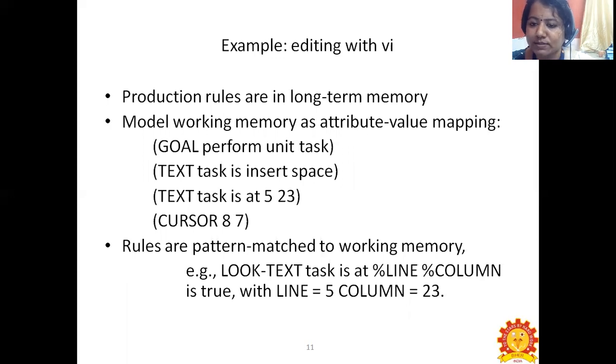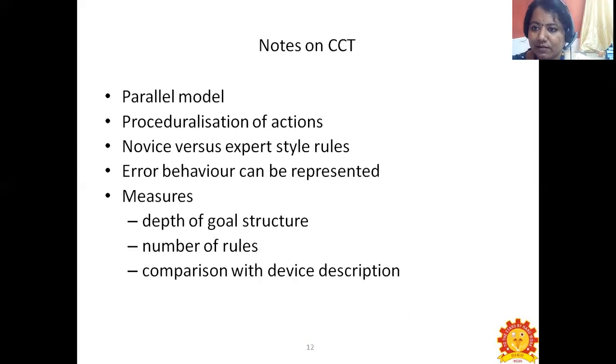Next, the rules or the patterns which are matched to the working memory. The example is look text task, which is at a percentage line and a percentage column. If it is true, with line equal to 5 and column equal to 23. So this is an example of editing with vi under CCT, which is cognitive complexity theory. Next, we are going to see the notes on cognitive complexity theory, CCT.